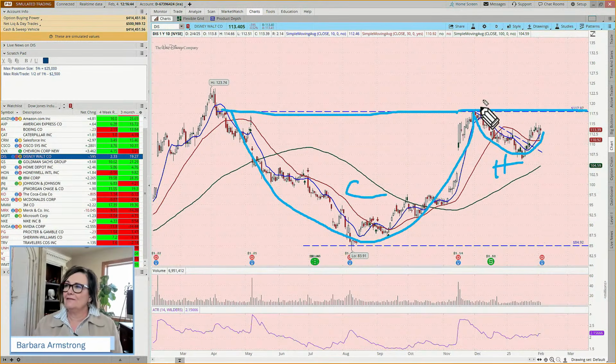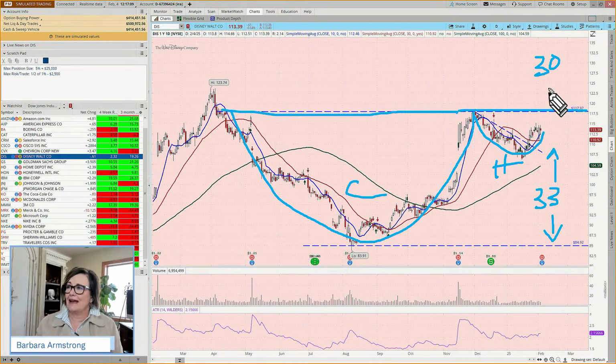But if you're waiting for this pattern and then if this pattern does happen and you say, okay, well, it will have gone from 85 to 118 minus 85, that's a range of $33 potentially. And so then you take and add $33, or you might say, I'm just going to add 30, being conservative, take a little bit off the top. But you could add that $33 to that pattern.